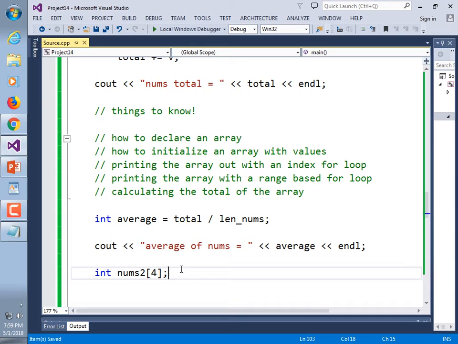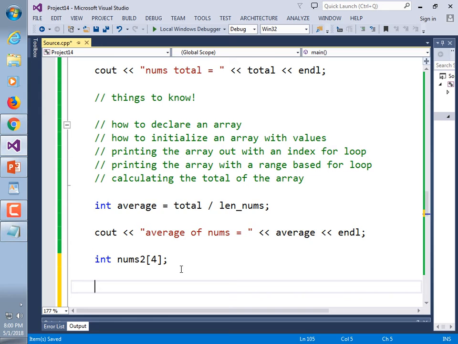So now I have an array called nums2. I'm going to copy every element from nums into nums2. Now in this case, I have to have the index value, right? Because I'm going to say item 1, index 0, is equal to array 2, 0. Subscript 1 is equal to subscript 1. Subscript 2 is equal to subscript 2, and so on. So I can't use a range-based loop. I'm going to have to use